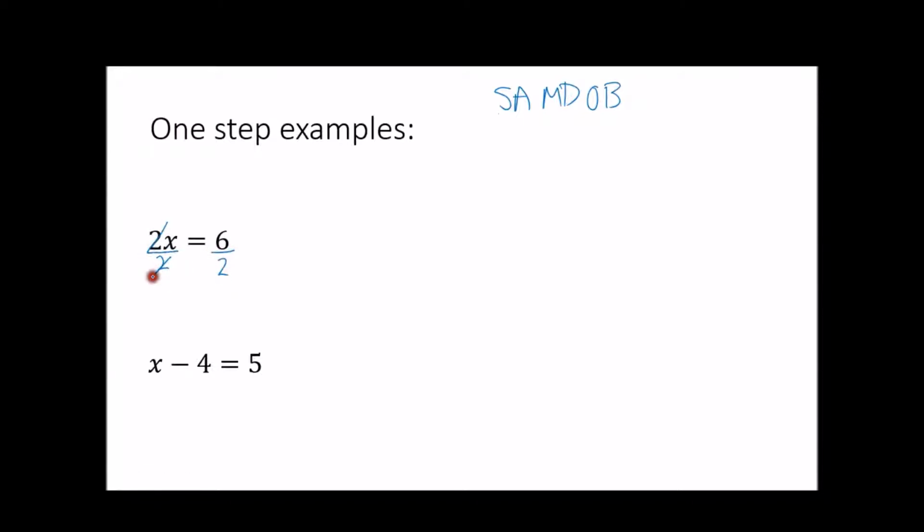Now these cancel each other out. What I'm left with on my left hand side is just x. On the right hand side, 6 divided by 2 is 3. So that's done. With this one here, this is subtraction, so I'm going to do the opposite operation to